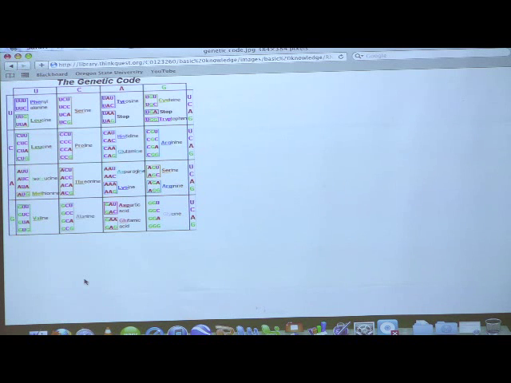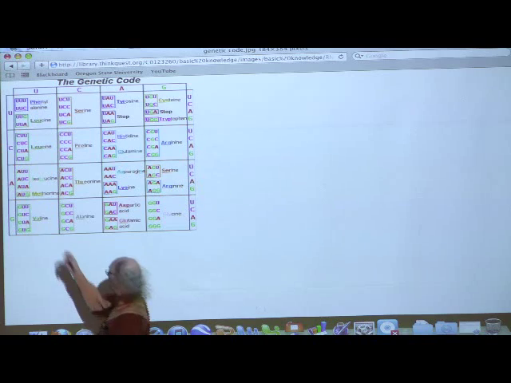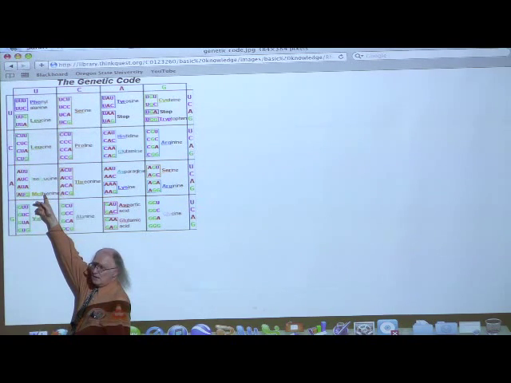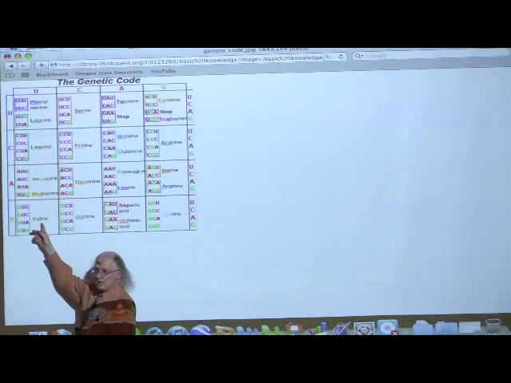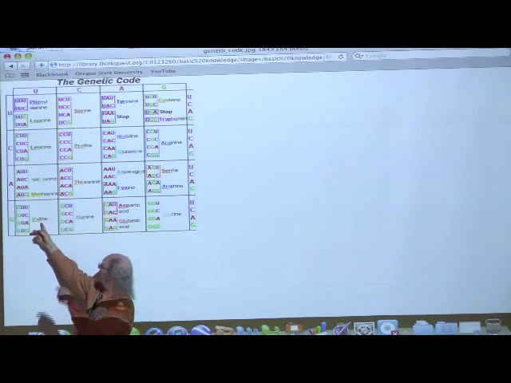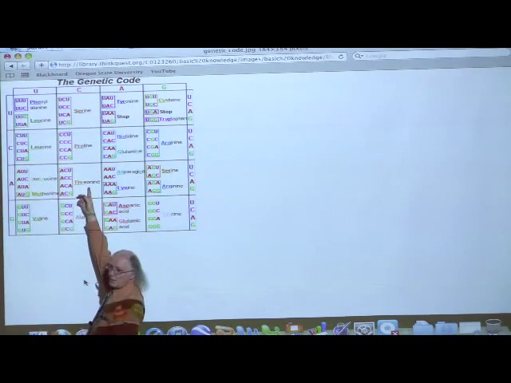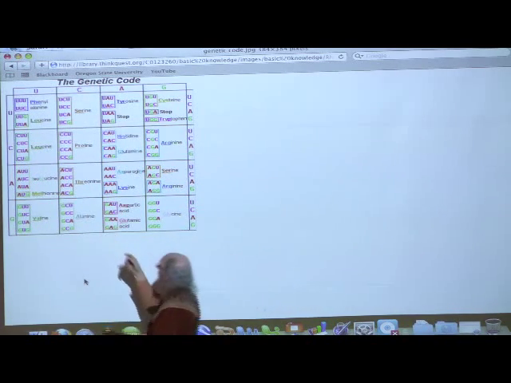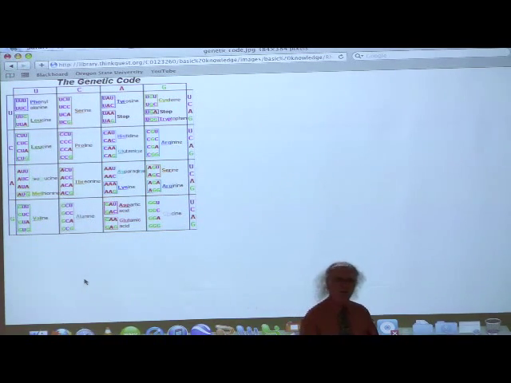Every other codon tells the ribosome, here's the new amino acid to build into the chain. Put this one in. That's what every other codon does. So, if the ribosome reads an AUG and then it reads a GUC, it's going to make a polypeptide that starts with methionine, linked by a peptide bond to valine. If that's followed by an ACU, linked by a peptide bond to a threonine. And if we have a stop codon, that would be the complete length of that.